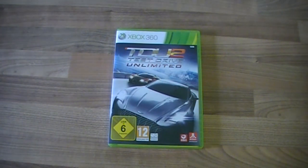So, we have Test Drive Unlimited 2. It's the same as the first one, so it's a good game. It doesn't do anything wrong. The only difference is, okay, you have other cars and a new optical engine, and okay, this is normal stuff, and you are on a completely different island. The first part was on, I think, Hawaii, I don't know exactly, I can't remember. This time you're somewhere in the middle sea, near Spain, Ibiza, I don't know exactly, but